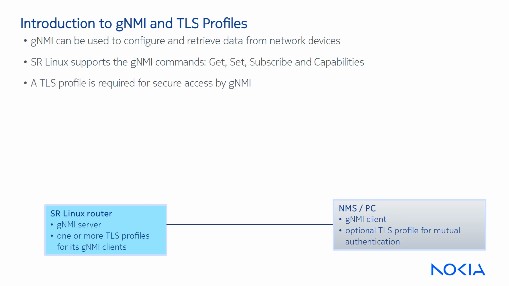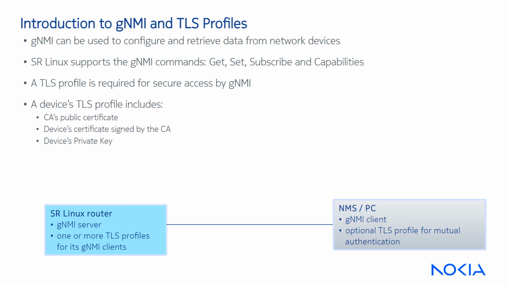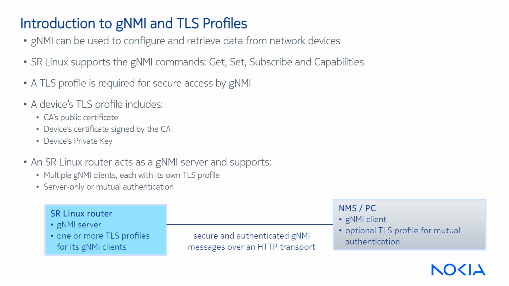A transport layer security (TLS) profile is required to establish a secure and authenticated HTTP connection between the gNMI client and gNMI server. The TLS profile of a device includes the certificate authority or CA's public certificate, the device's certificate signed by the CA, and the device's private key. An SR Linux router can be configured as a gNMI server supporting multiple gNMI clients. Once a secure tunnel has been set up between the gNMI client and the gNMI server, messages can be securely